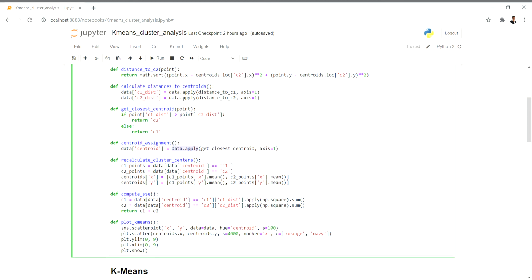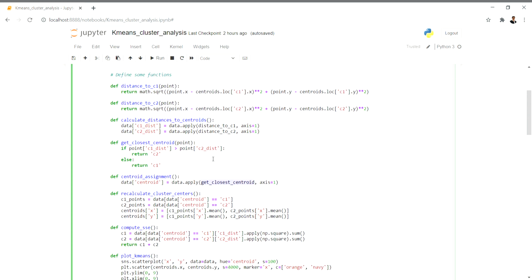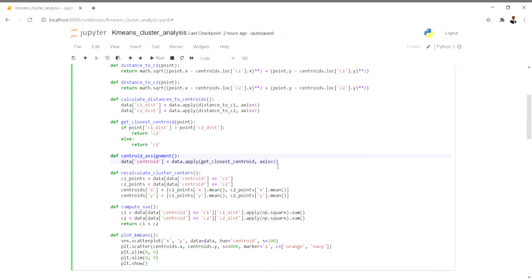You can see how we can make use of the apply function in such cases. Here also we are calling the get closest centroid, that is this one. This will basically run and give out the label as C1, C2. It will append to that particular data frame along the rows. So that is why this small function.